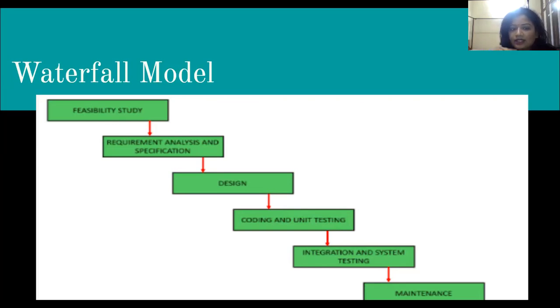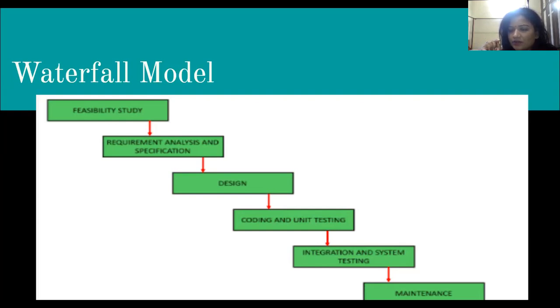Similarly, here you can go only in a single downward phase; you can't move upward, you can move only downward. After completion of one phase only the next phase begins, so we can't move backward. That is the major drawback of the waterfall model.